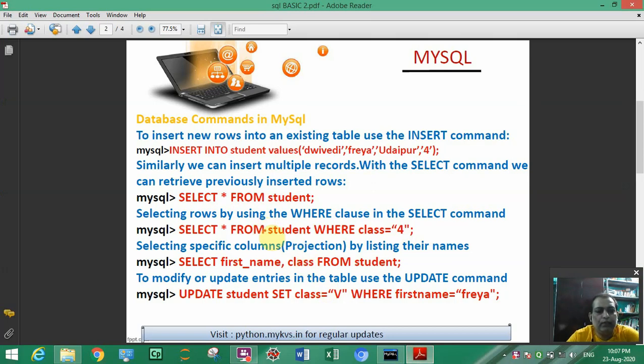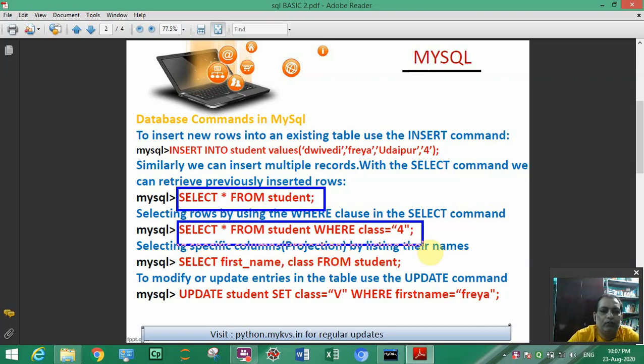You can see here, select, this one we have seen already. Next one is conditional.